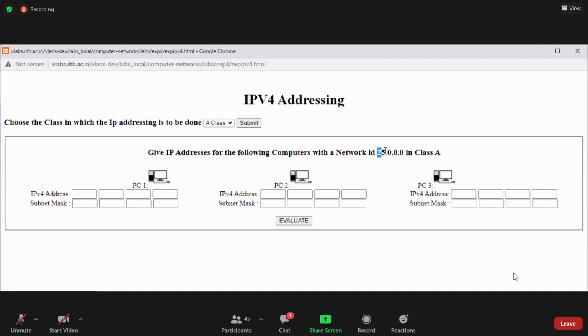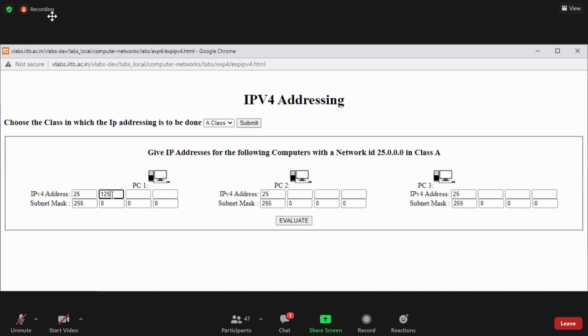The first field is always 25 in all the addresses, so 25, 25, 25. As I told you, the mask is 255, 0, 0, 0. Here in this address you can give any value between 0 to 255.